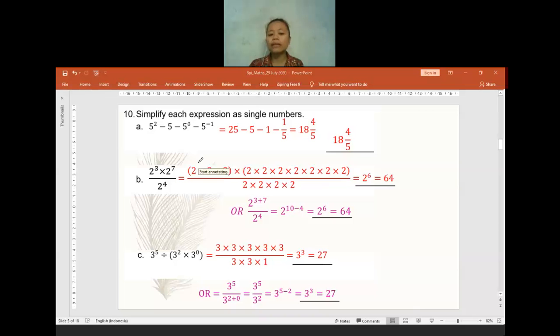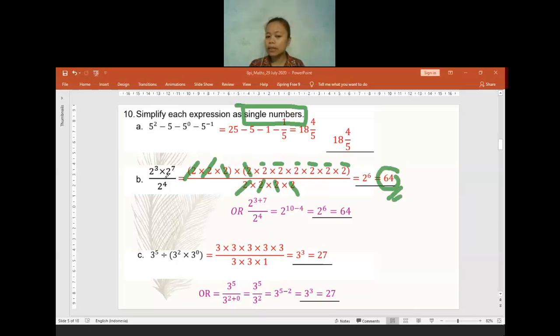So now we can do cancelling out. 2 and 2, cancel. This one I can cancel. This one I cancel again. This one I cancel. So the leftover, there are 1, 2, 3, 4, 5, 6. There are 6 numbers of 2. So I will write it as 2 to the power of 6. But the question said numbers. Because it is numbers, I have to find what number 2 to the power of 6 equals. It will be equal to 64. The final answer is 64.